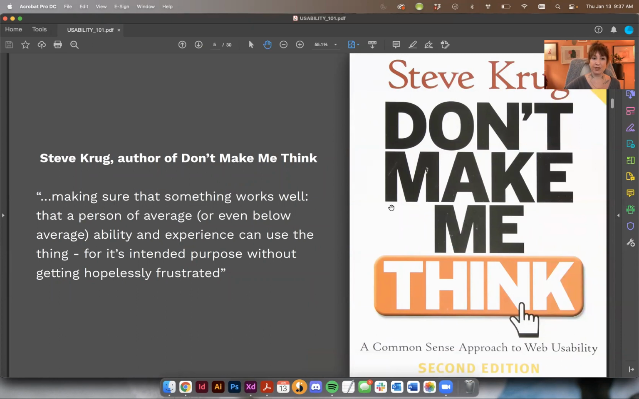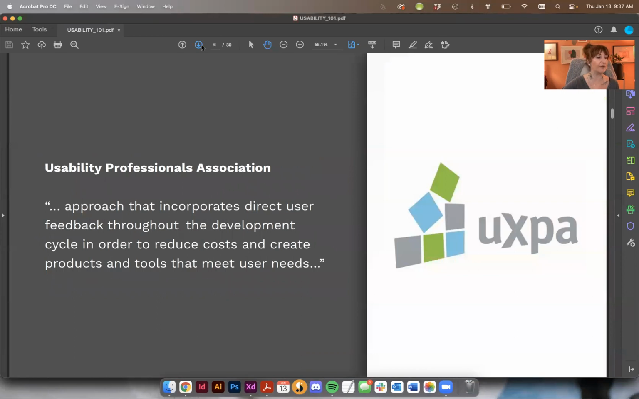Make sure that something works well, that a person of average or even below average ability and experience can use the thing for its intended purpose without getting hopelessly frustrated. So always think about the lowest common denominator, or the person of average ability that would go to your website. If you don't think that person, or like that quote said, someone below, can navigate, then you're not doing your job. So the Usability Professionals Association describes the approach that incorporates direct user feedback throughout the development cycle in order to reduce costs and create products and tools that meet the user's